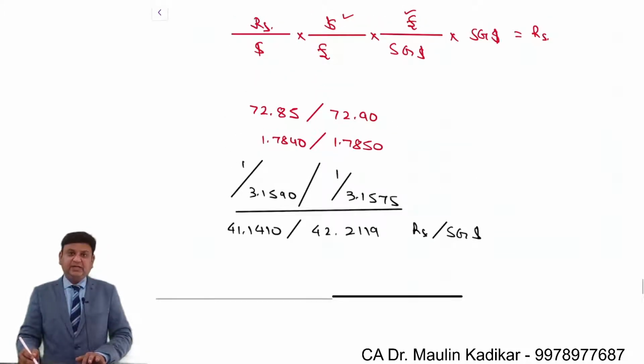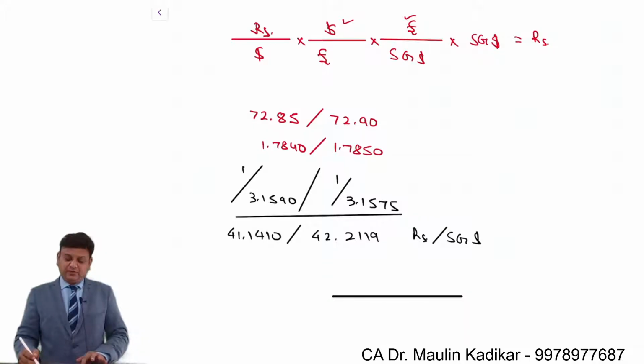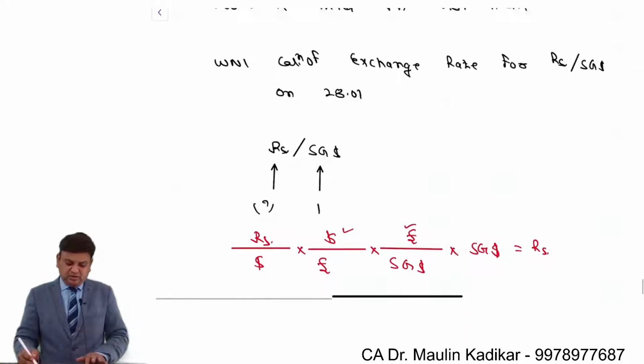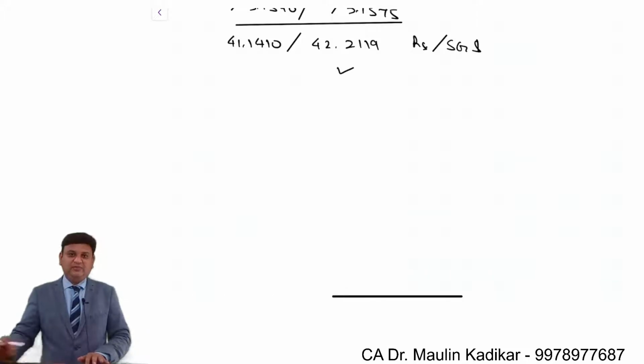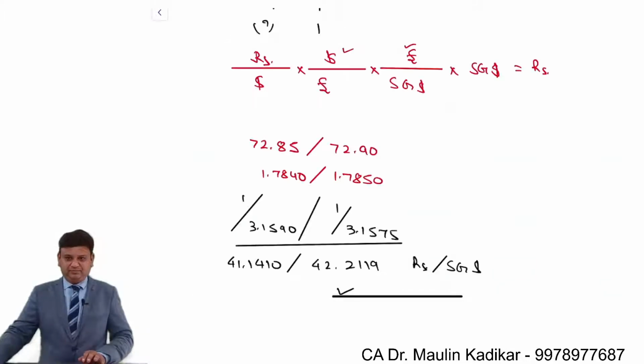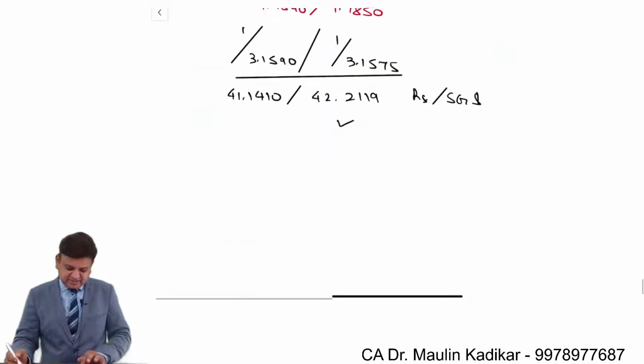We know that we are interested in the transaction of sell of rupees and purchase of Singapore dollar. So the higher rate would be applicable, 41.2119. Next,